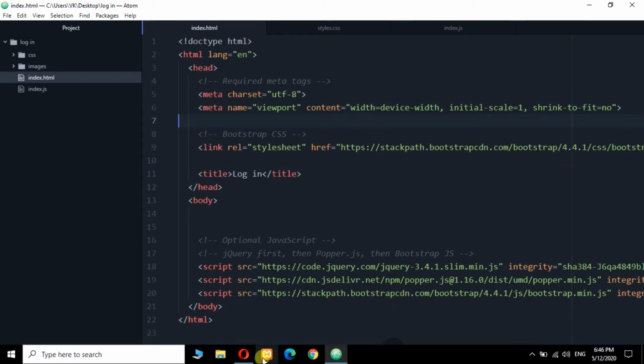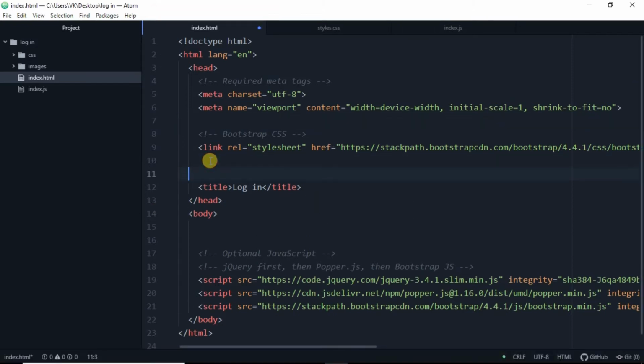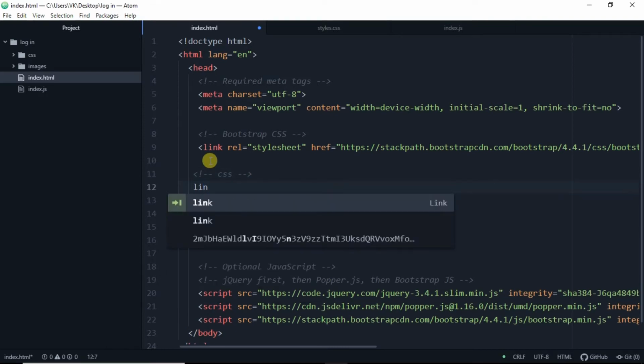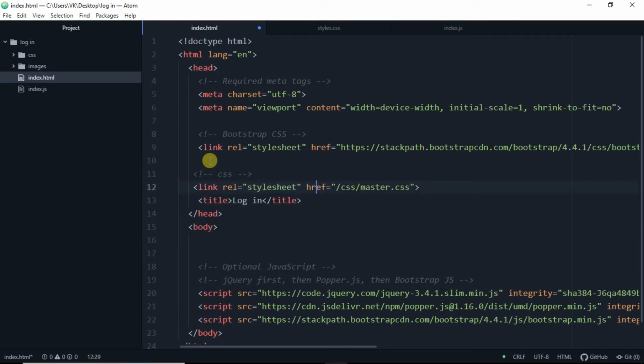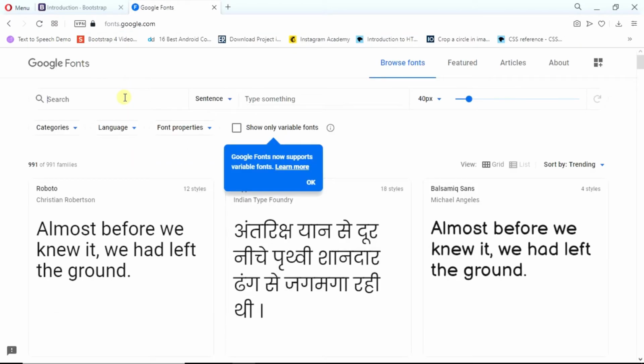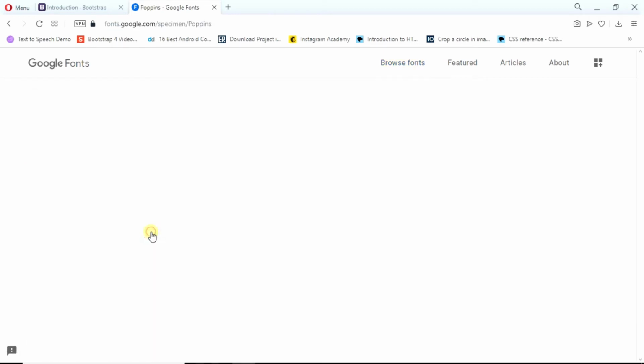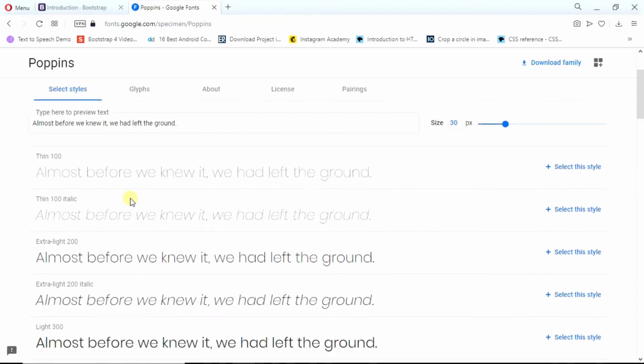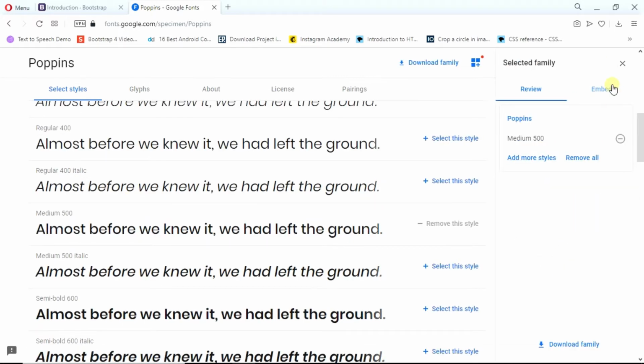Now we will link our CSS file to it. Comment it out as CSS, and below that we will write href as styles.css. Then we'll go again on Opera and search for Google Fonts, type Poppins, and select this 501.